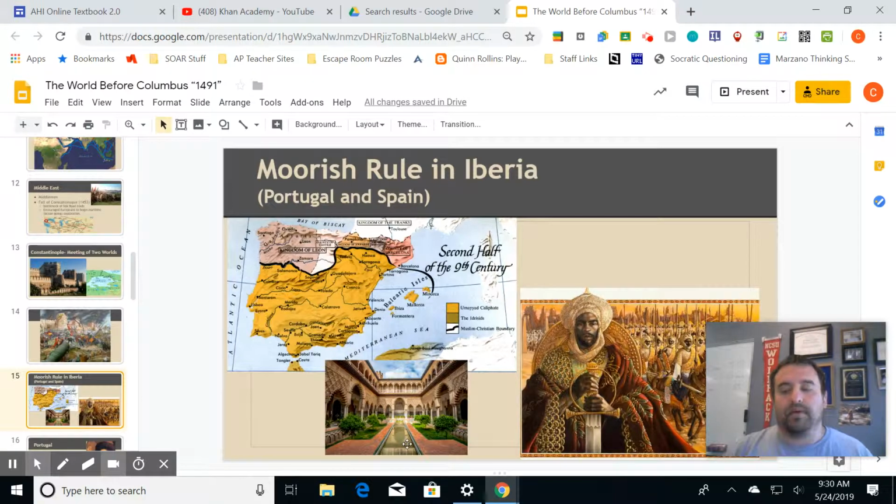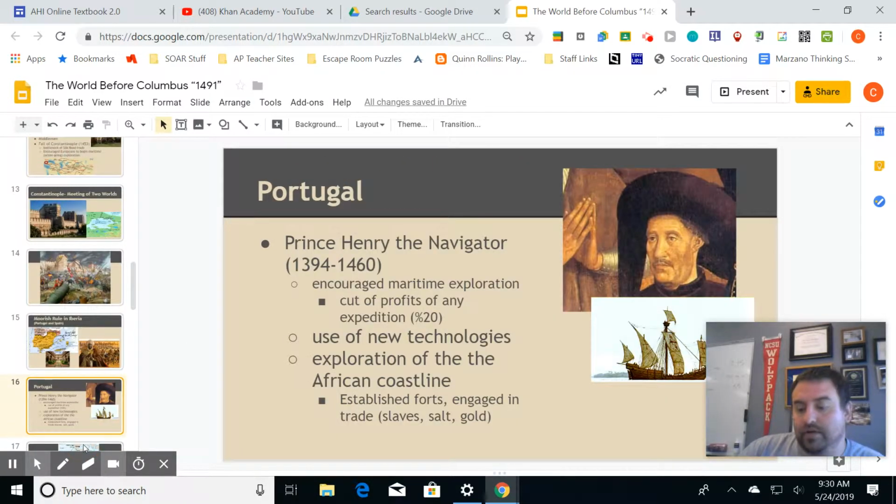Right? But now the Spanish people are starting to unite, and they have this identity, this we are Spanish, we are Catholic, we want our country back. So they're starting to unite. They're starting to put their country back together and push the Moors out. Same thing's going on with the Portuguese. And eventually, the Portuguese are going to get their country kind of back first.